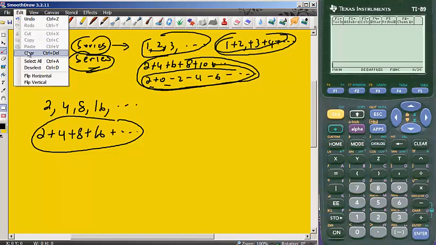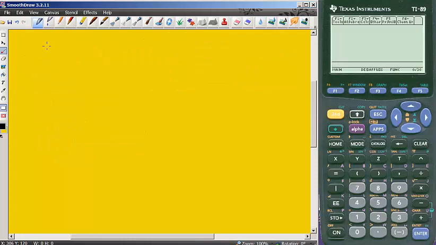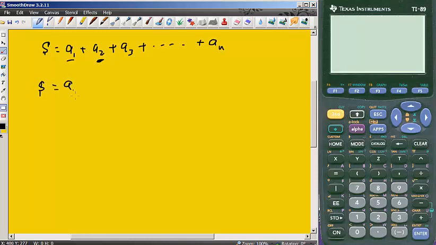So let me clear this one. What we're going to do is add up a sum. We'll call that the sum of the series. It's going to be a sub 1 plus a sub 2 plus a sub 3 plus dot dot dot all the way to a sub n. Well, instead of writing it like this, we know that every one of these terms can be written in terms of a sub 1. So the sum is going to be a sub 1 plus, instead of writing that out, we can write that as a sub 1